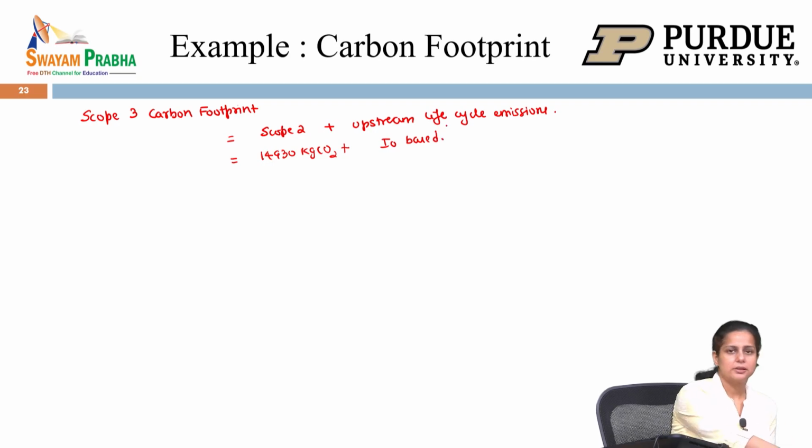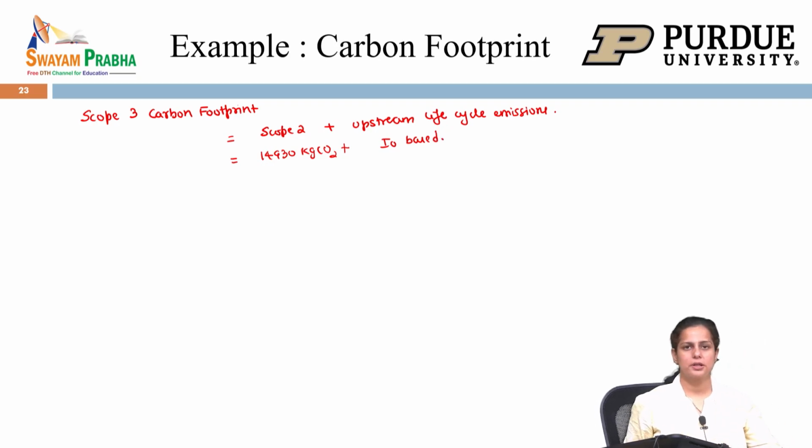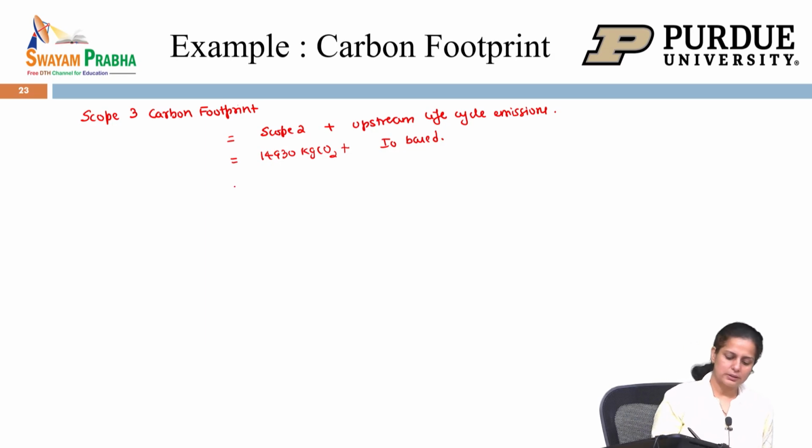So, let us look at each of the calculation for natural gas and so for natural gas, if you remember, if you have noted down, I would recommend that you have noted down from the previous slide that